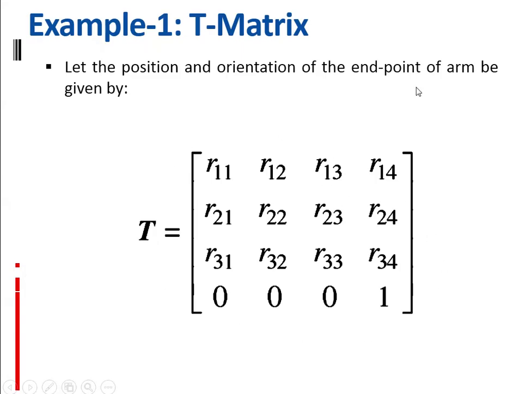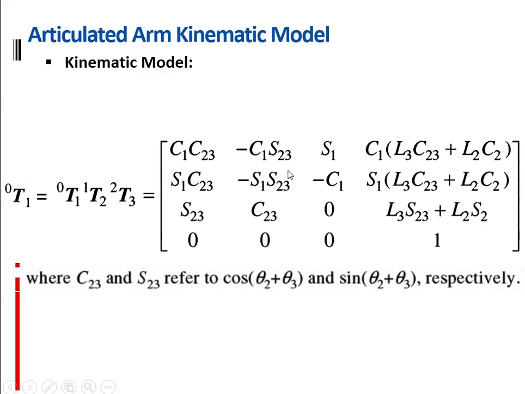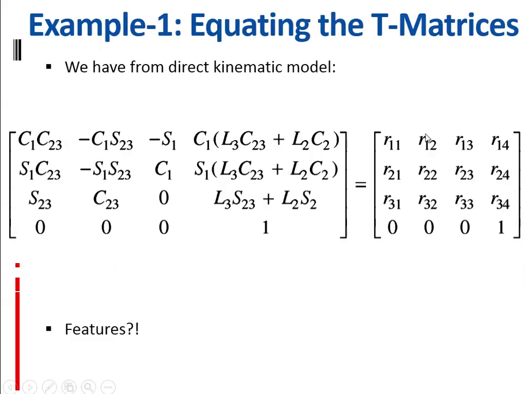Let's say this is the end point. I already know what R11, R12, R13 are. These are known parameters, all of these parameters we already know. This is the known matrix, and this is the unknown matrix. Now equating these two, I have to go for the algorithm part, which step I have to follow first and then move further.